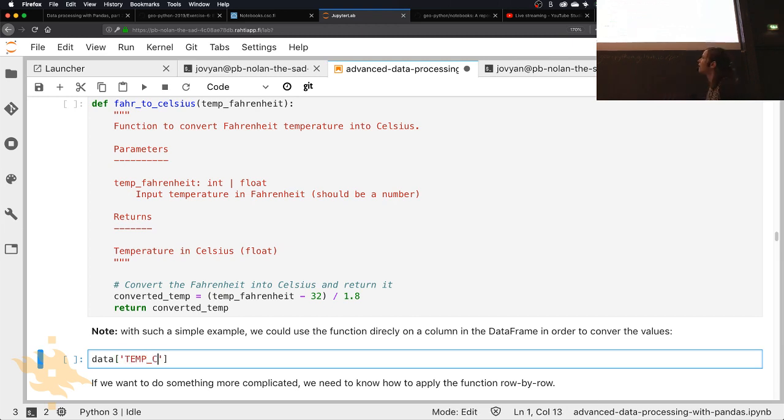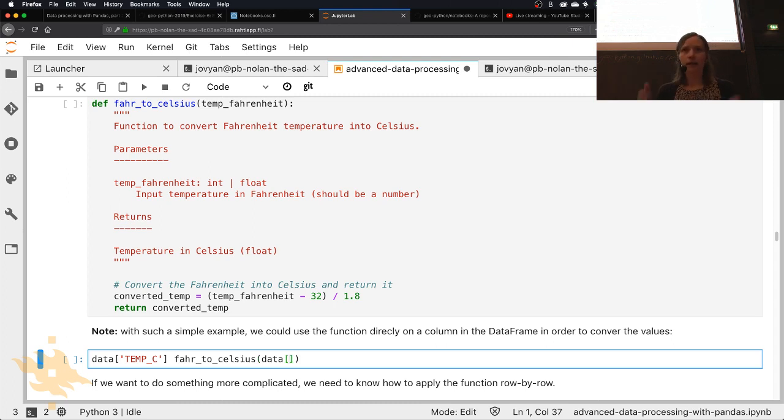The NOAA data is in Fahrenheit, as you can read from the metadata file. So we want a new column temp C and to calculate the values using this function. It's not more complicated than calling the function, Fahr to Celsius,